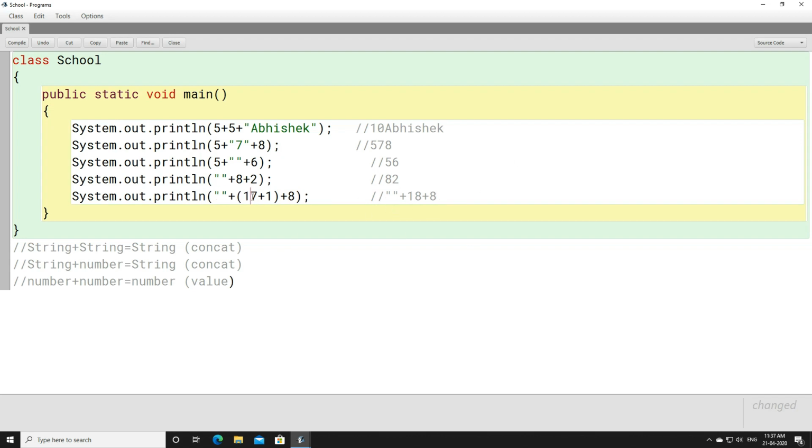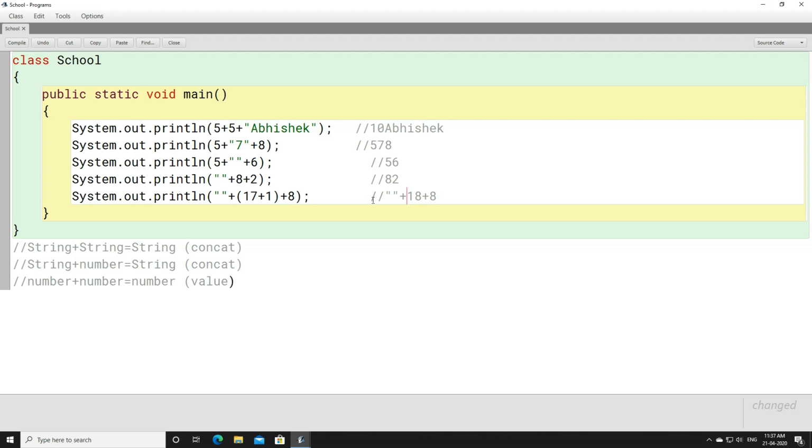Now when we solve this bracket first, it gives me the result double quotes plus 18 plus 8. Once I get this evaluated value, I have to proceed from left to right.